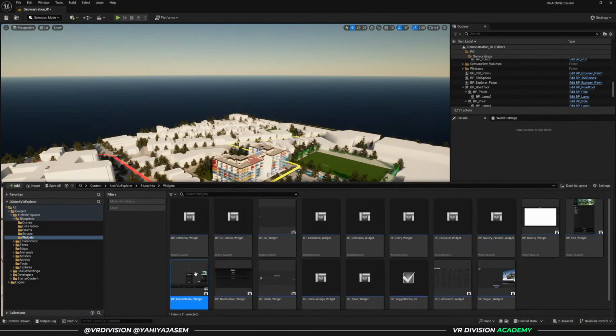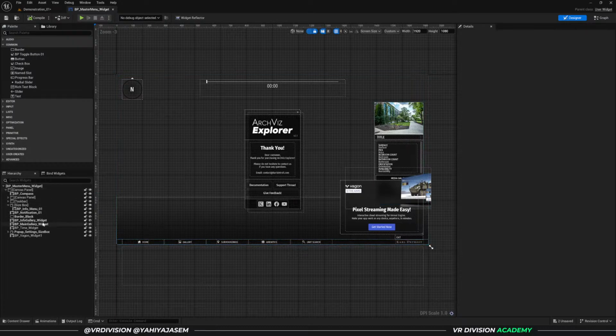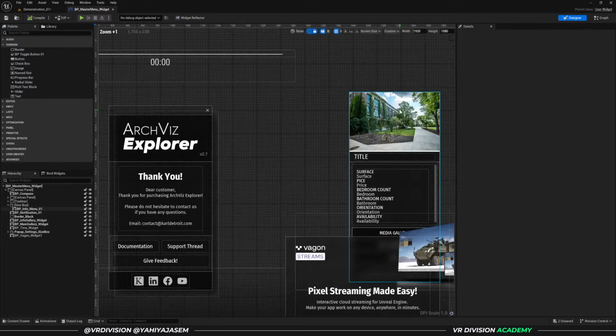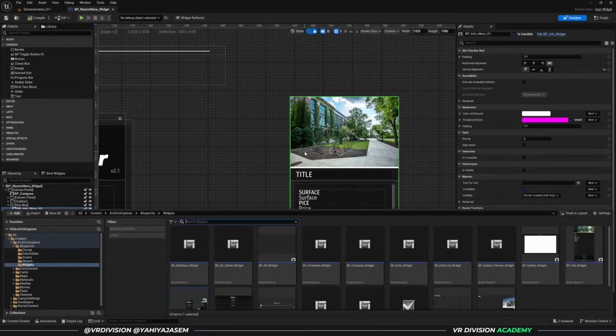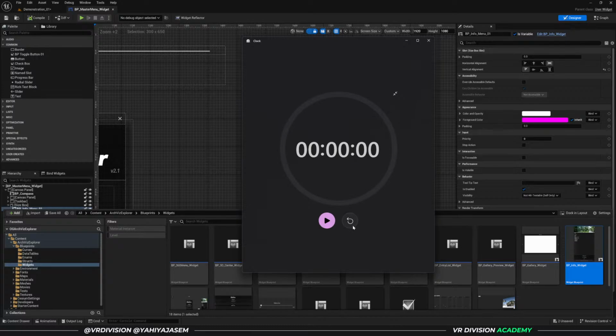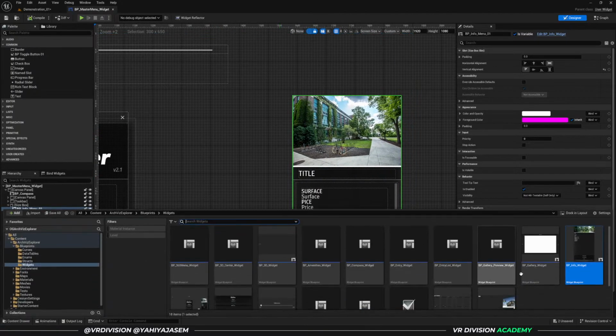Now, if you open the master menu widget and click on the gallery, so blueprint info gallery widget, something to know about widgets. We have like a billion points of interest. You don't need to create so many points of interest. So you don't need to build many widgets for each gallery item. You can create